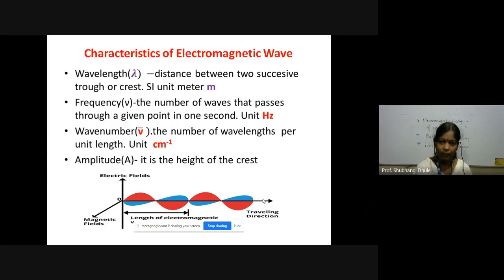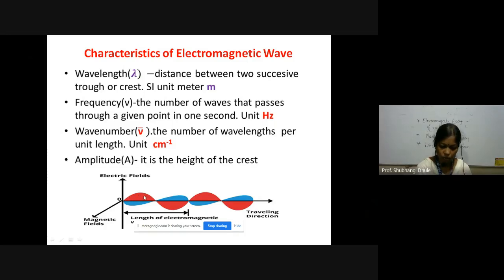So different radiations are electromagnetic waves. Some radiations also come from the sun, like IR, infrared. Before reaching the earth, they are supposed to be protected by the ozone layer, as we also know. So there are many sources of electromagnetic radiation, and these are in the form of a wave which is perpendicular to its magnetic field and electric field.